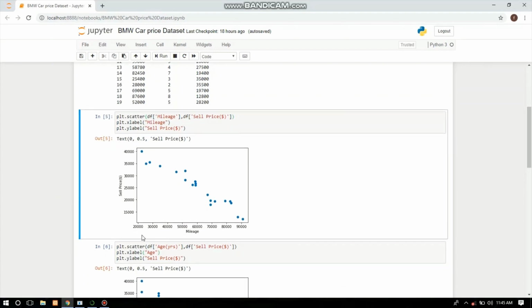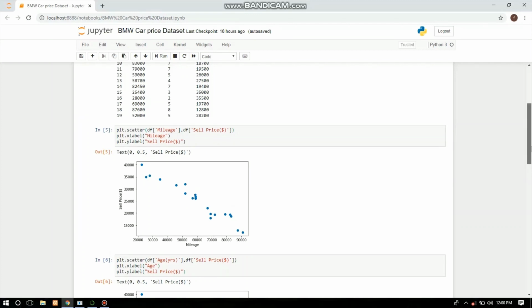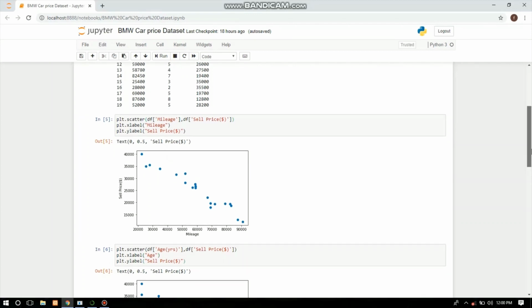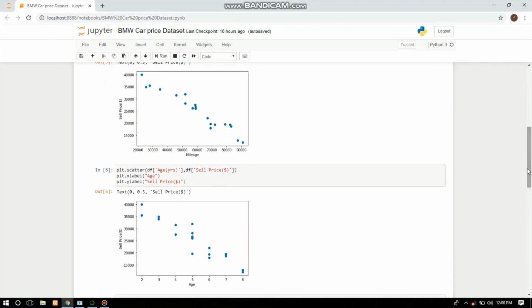I plot the mileage in the x-axis and the sale price in the y-axis. Here, as you see, the higher the mileage, the lower the sale price is. So if you connect these points, it will give us a linear line that gives us a hint to predict the sale price. And now let's see the relationship between age and sale price.